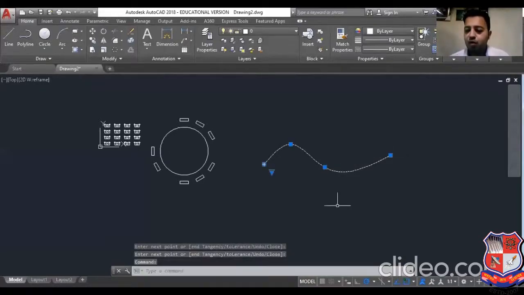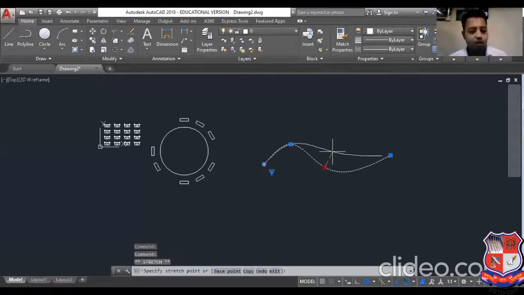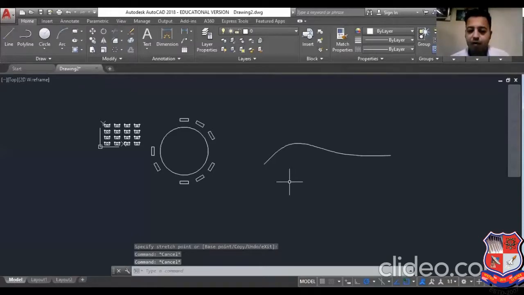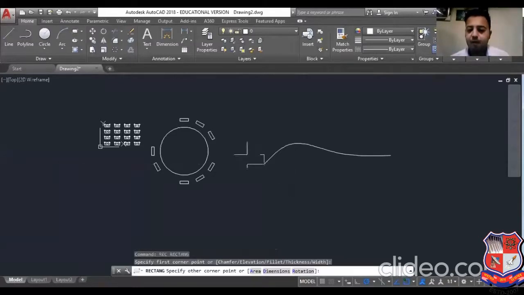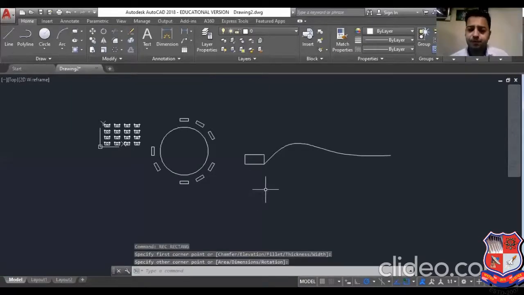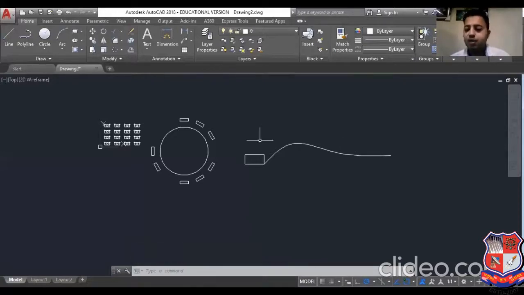You can also modify it by that point. And now I will create one rectangle at the end point of this path, and I want to create a path array, meaning duplicate the object on this path. So my third option of the array is called path array.